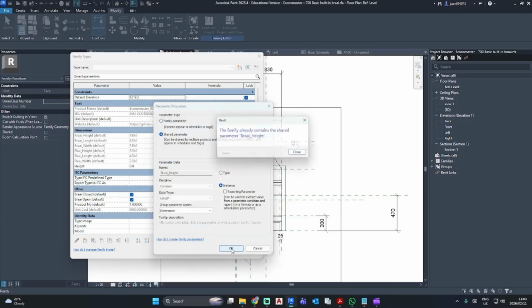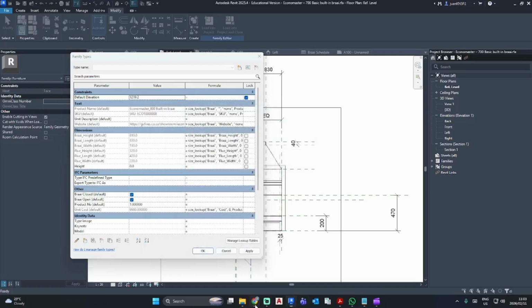If I go OK and OK, you'll see that you already have a braai height parameter. So what I would advise is going one by one, and then for instance, with the standard parameter that we've created, you delete that parameter.